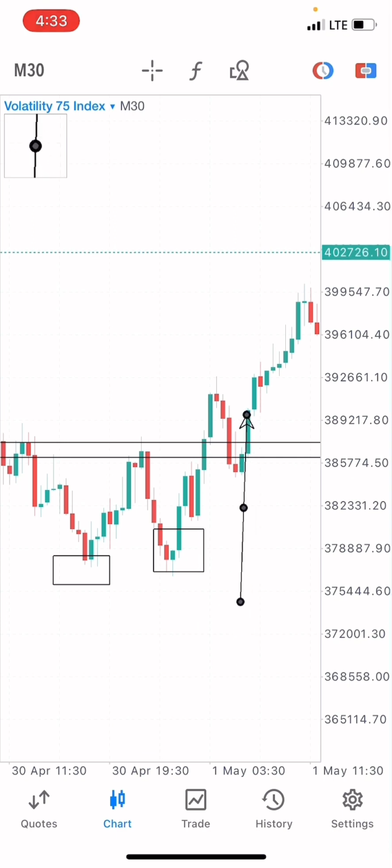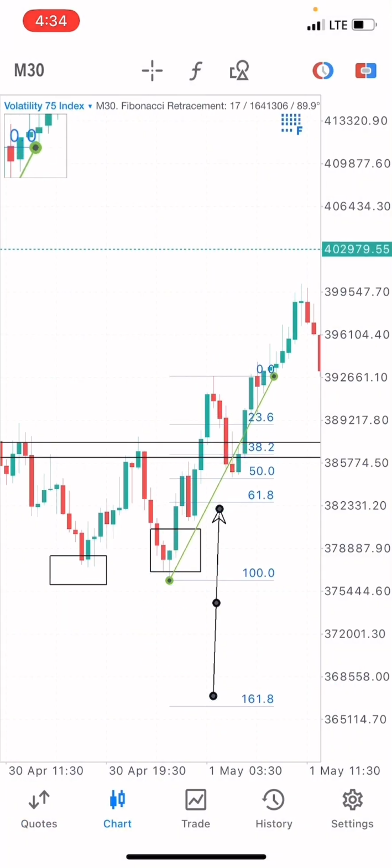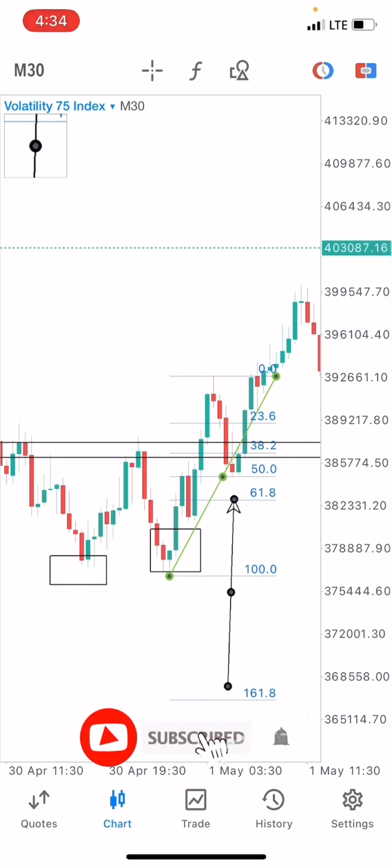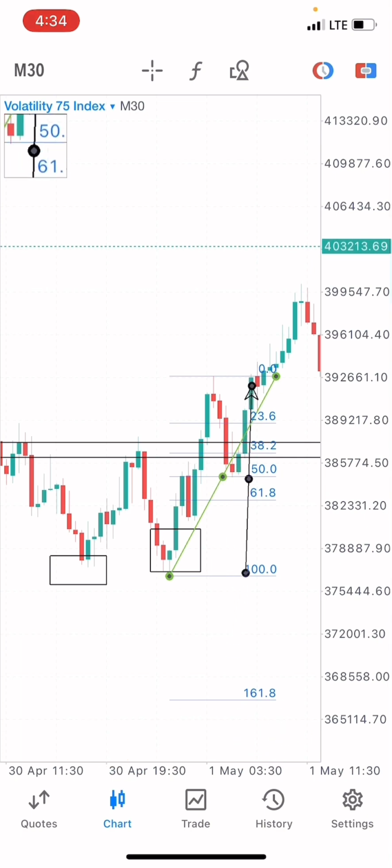Then wait for the market to give us this formation. Then we take our buy. You can as well apply your Fibonacci retracement levels for more confirmations, and we got this level at the 50.0 retracement level. These two can be really helpful if you know how to make good use of them. The most efficient levels for retracement are the 61.8 retracement level and the 50.0 retracement level. You can see the market got to this 50.0 retracement level and pushed to the upside.